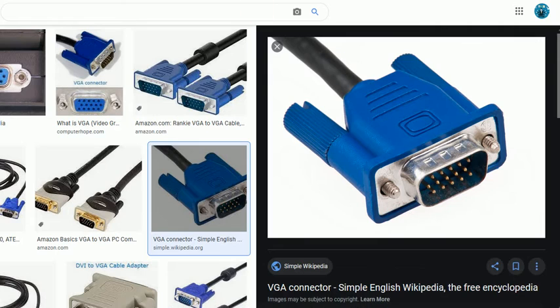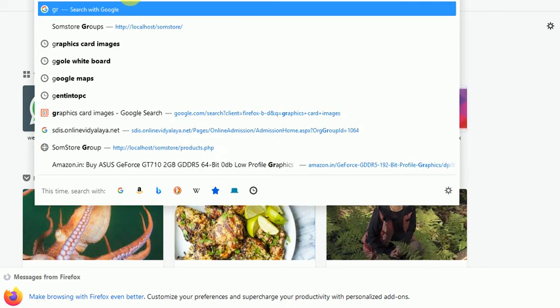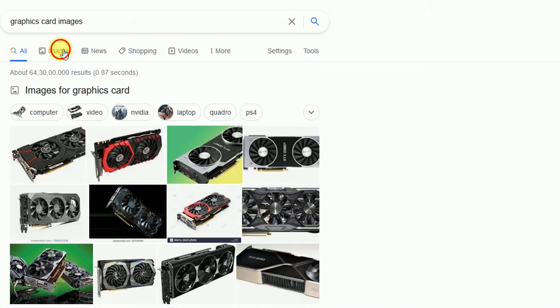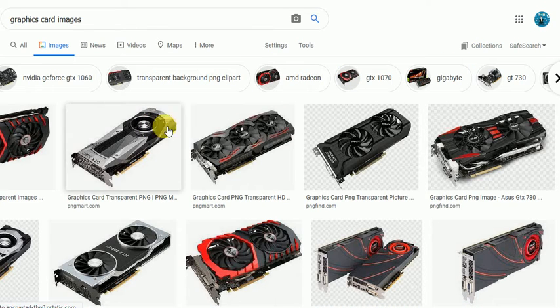Display adapter, so graphics card. This is the graphics card.